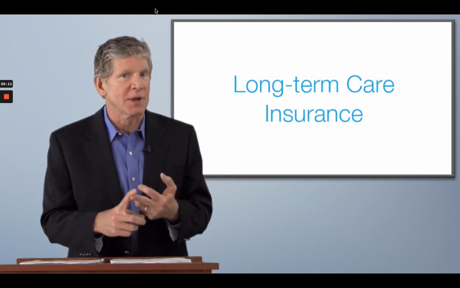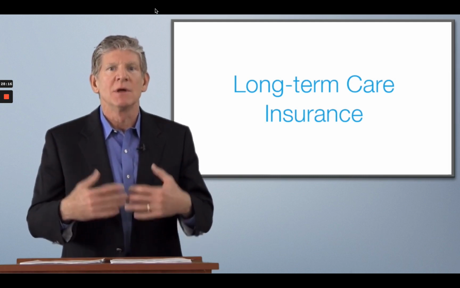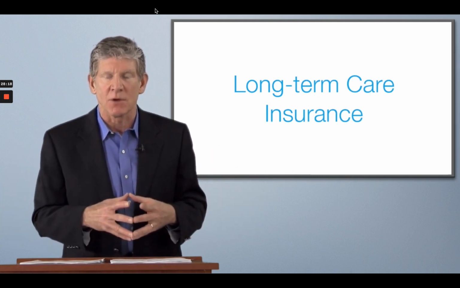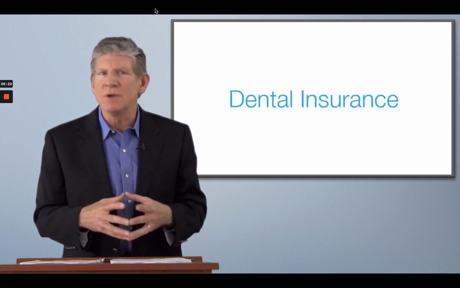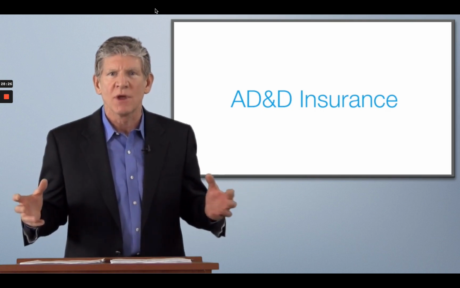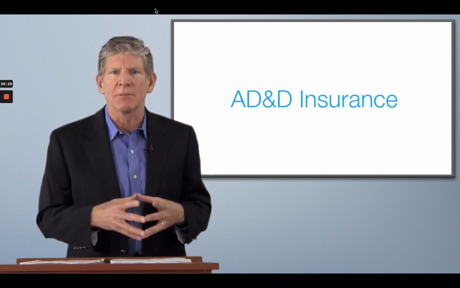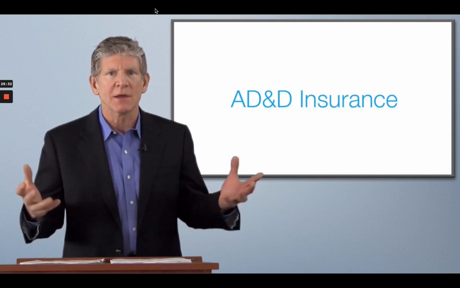There is long-term care insurance, which covers against the peril of needing long-term medical care, long-term nursing care. There is dental insurance, and there's a unique type of insurance called accidental death and dismemberment, or AD&D insurance, which, as we'll see in a little bit, looks like a type of life insurance,